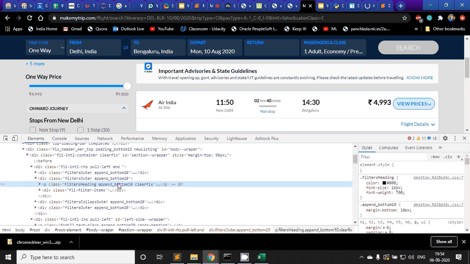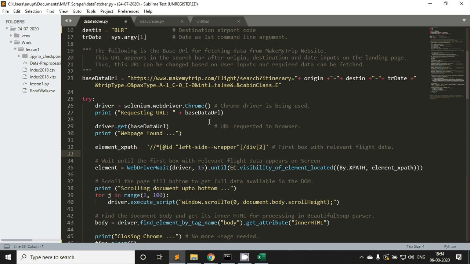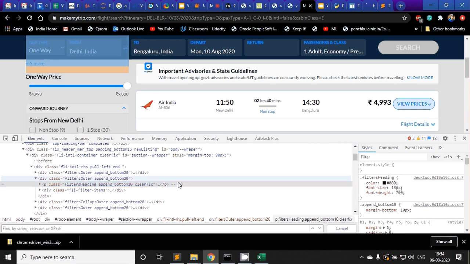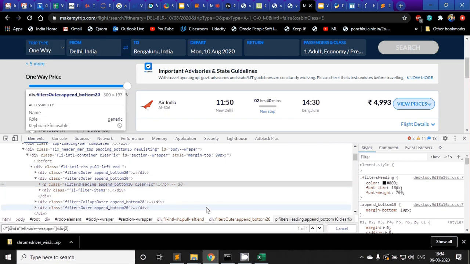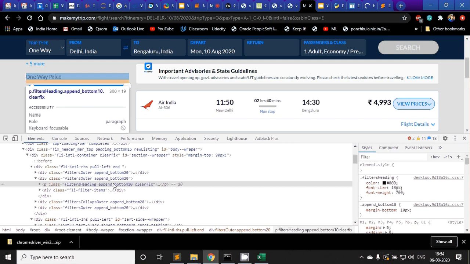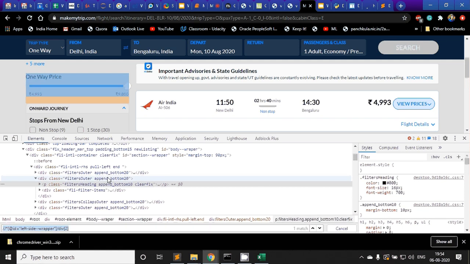Left side bumper is not available. Anyway, what I'm basically trying to say is that I tried to find an element which was yet to load, which would confirm that this web page was loaded.